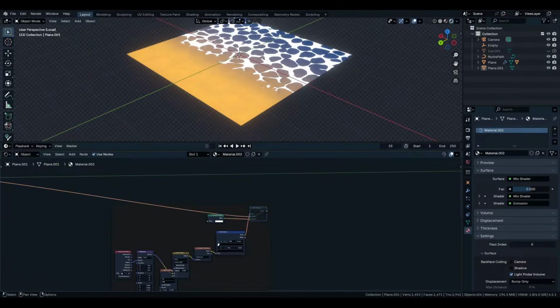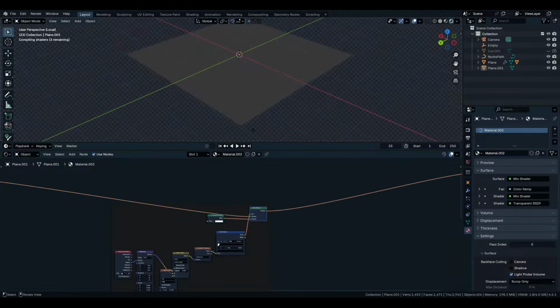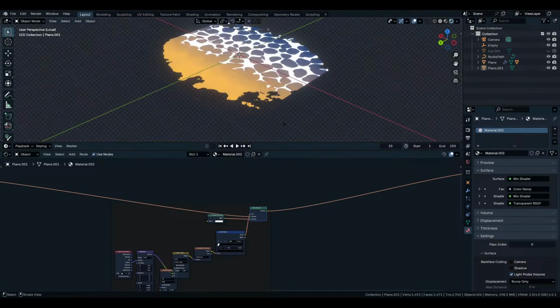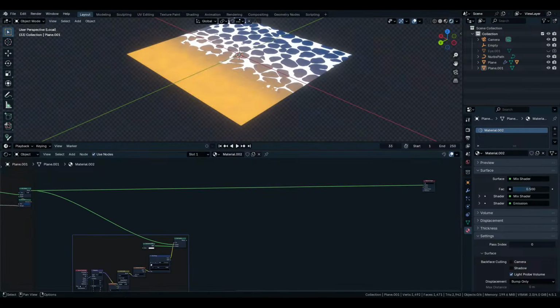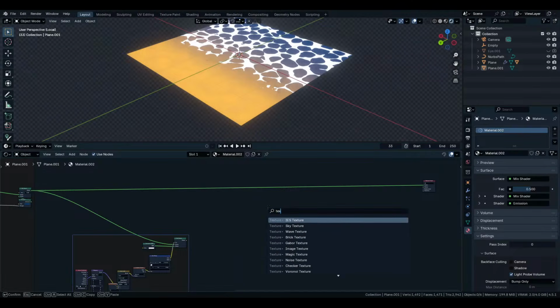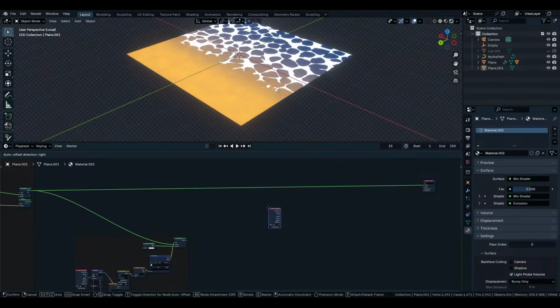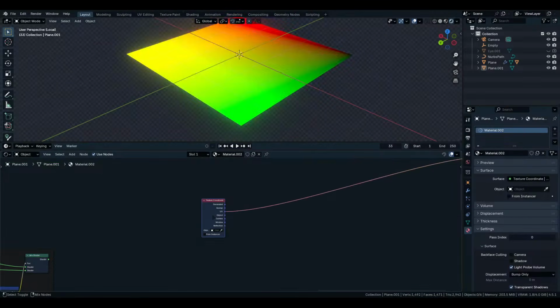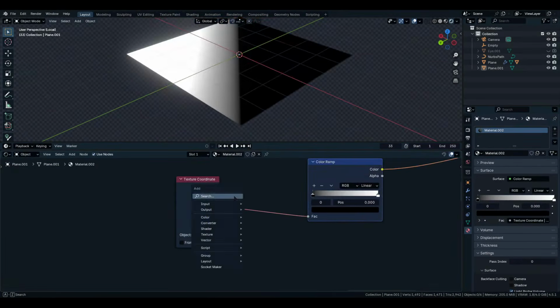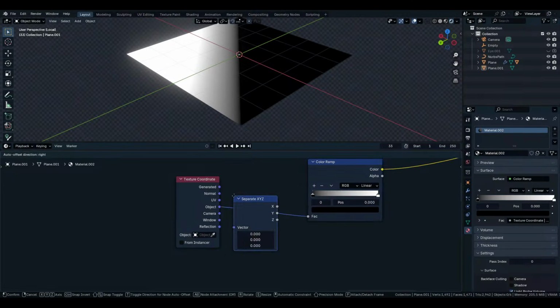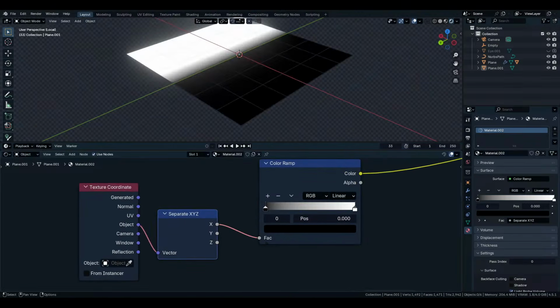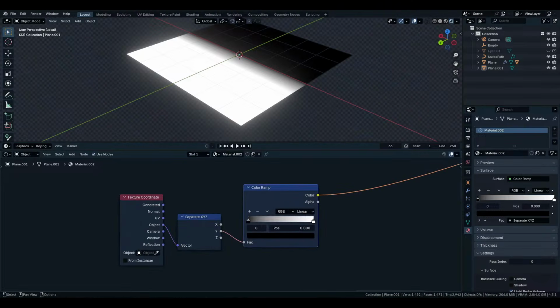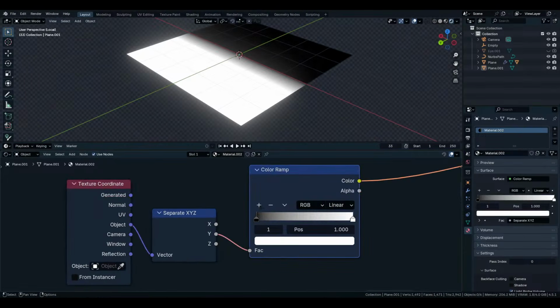What this thing was doing, I don't remember. So let's see what it's doing. Oh yeah, it's just masking out the edges. That was the effect. Yes. To add a foam, a simple texture coordinate will do the job. Like so, with an object coordinate, and add a separate XYZ to separate the coordinates, okay? And Y. And you can just use the color ramp